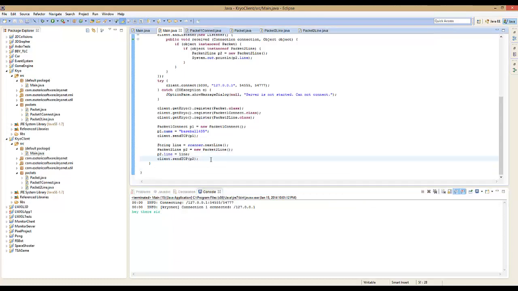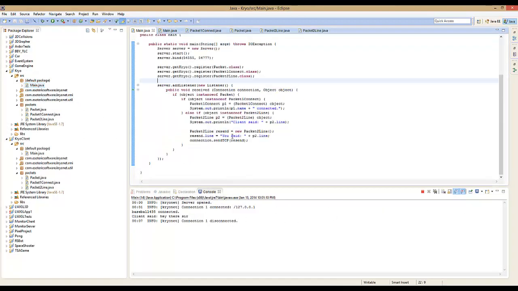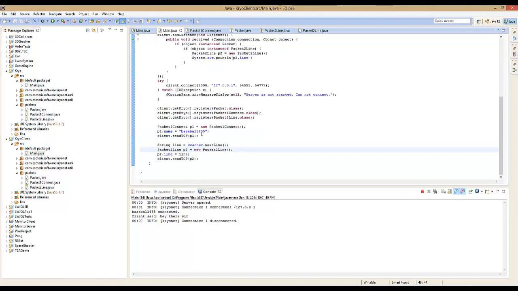Oh, you know what? It couldn't receive it because it ended. So actually, what we have to do, alright, so it did receive it. Client said, "Hey there, sir," and then it should send it back. So you said the client sends it back, but it didn't get it because the client stopped running. So if we do,